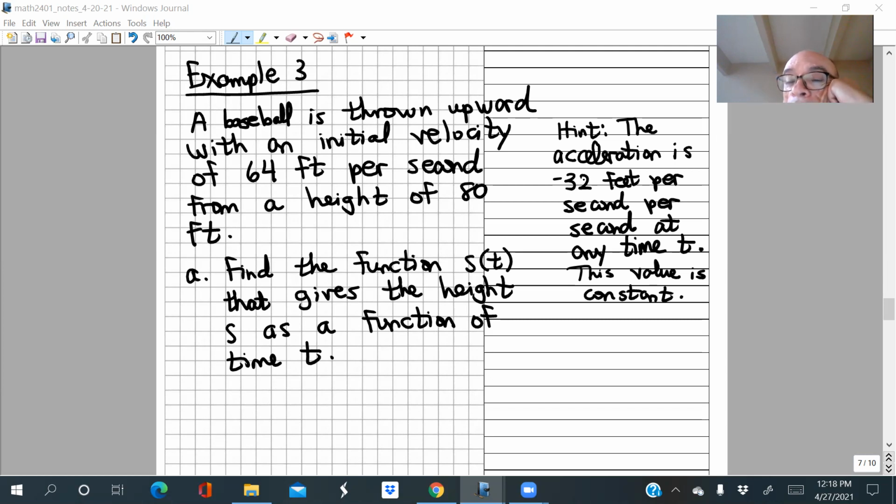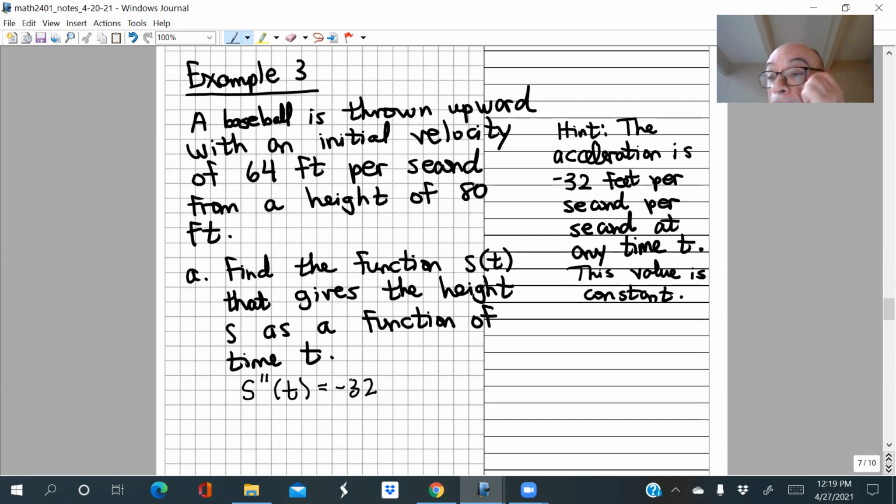So what is acceleration in terms of this function s? Acceleration is kind of physics terminology, but in calculus terminology, what's the acceleration? The first derivative? No, not first derivative, Van. Close. Second derivative. So you know something about the second derivative of this function s. You know that it is minus 32.